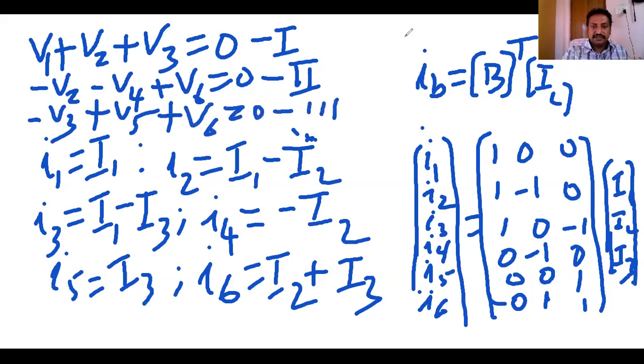This is equation 3. Here V1 is nothing but branch current I1 into element R1, V2 is I2 into R2, V3 is I3 into R3, V4 is I4 into R4, V6 is I6 into R6. Like this, we take those values and substitute. We will finally get the solution, the value of I1, I2, I3. From that, we can calculate I1, I2, I3, I4, I5, I6 branch currents. So this is about the network equilibrium equations based on mesh analysis.